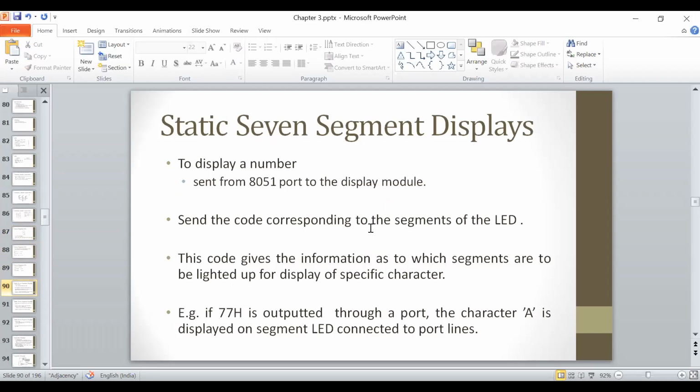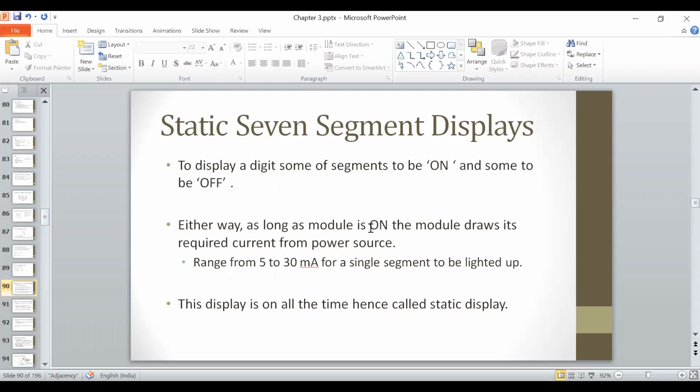Now what happened in the case of static, major issue with the static 7 segment display is this कि as I've already told you कि जो LED होता है it consume lots of power, ठीक है। यूजली जो पावर वो कंज्यूम कर रहा होता है वो 5 से 30 मिली एम्पियर के बीच में। एक एलईडी सेगमेंट को लाइटन अप करने के लिए यू रिक्वायर अप्रोक्सीमेटली 5 to 30 मिली एम्पियर पावर। नाउ सपोज कि इफ आई वांट टू डिस्प्ले 8 डिजिट डेटा, 8 डिजिट डेटा को अगर मुझे डिस्प्ले करना है तो आई